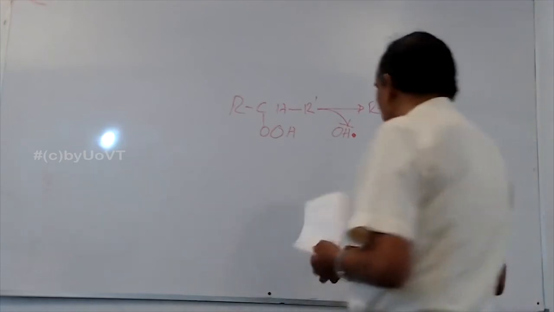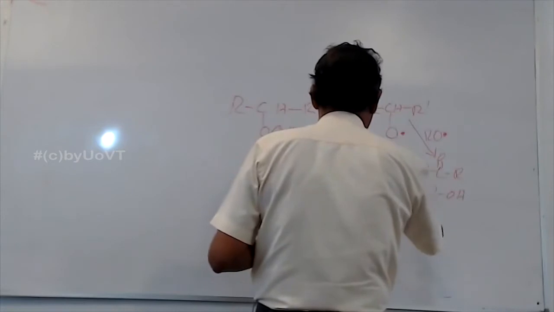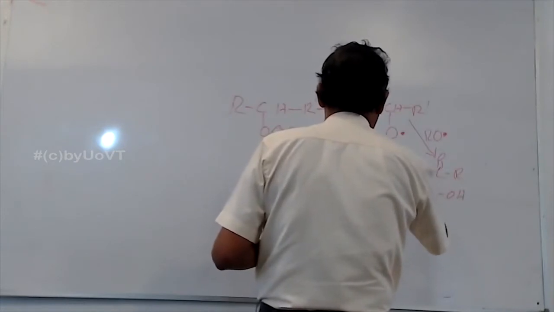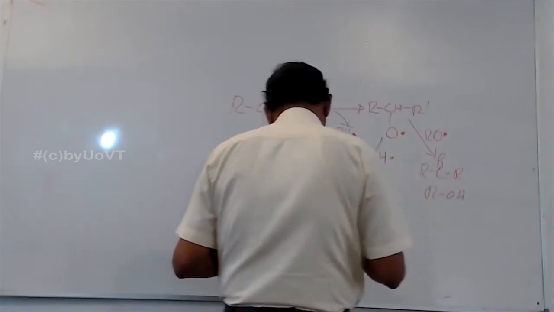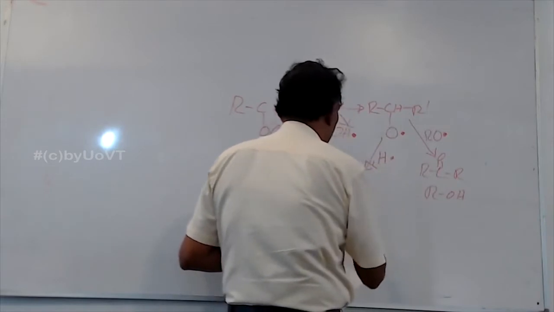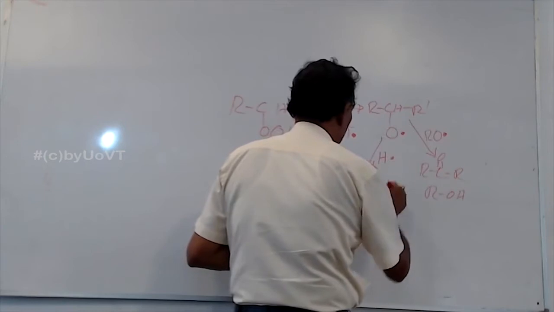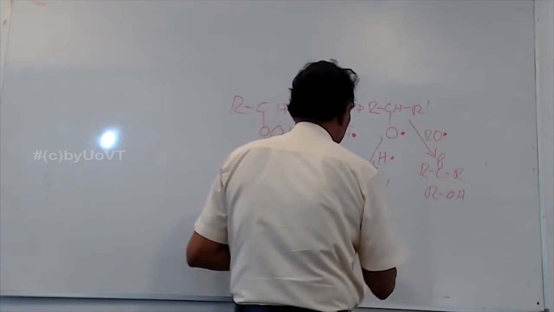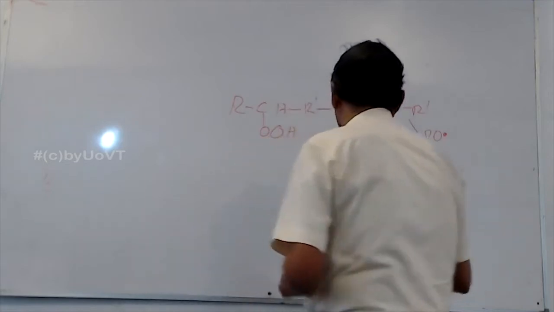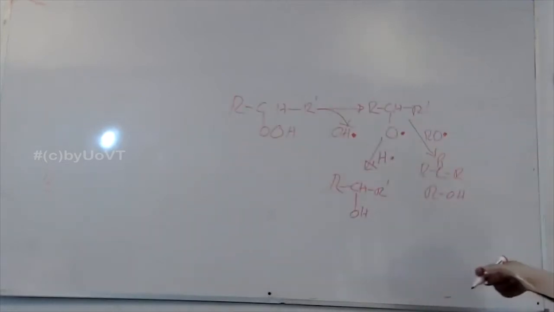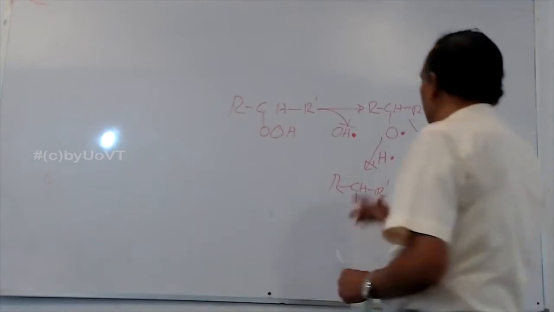Or if this compound interacts with the hydrogen free radical, this is directly converted to RCHR OH, alcohol. And the next option: